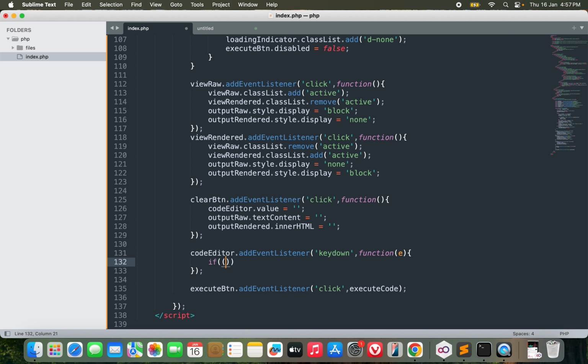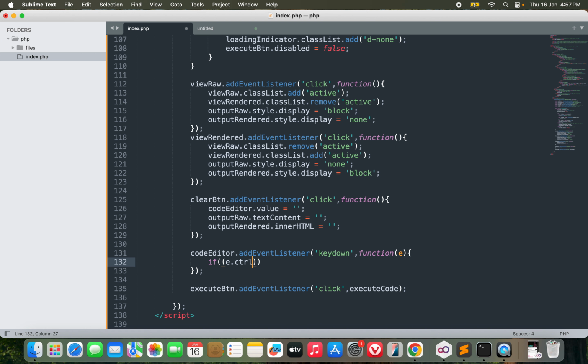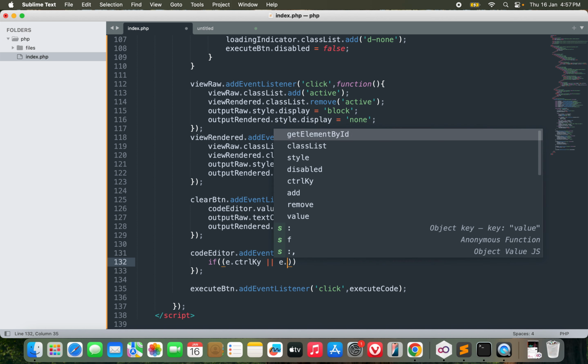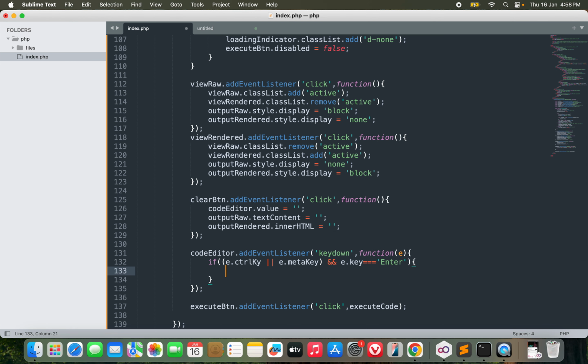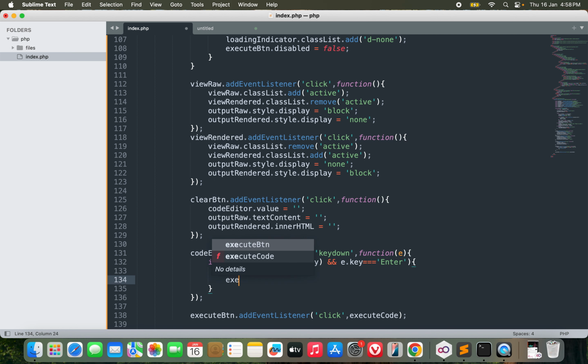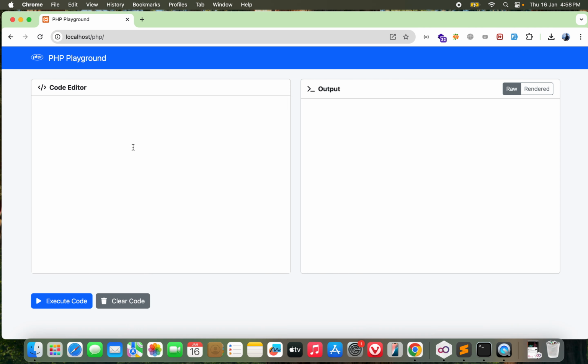So if e.ctrlKey or e.metaKey and e.key equals Enter, if it is control plus enter, then I will prevent the default behavior, e.preventDefault, and then execute code. Okay, this should also work now. If I do control plus enter,